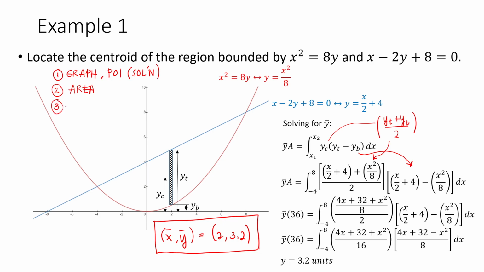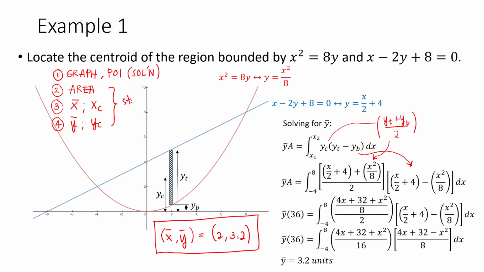And the next is we solve for bar X. Bar X, given that we know how to determine the value of the distance going to the differential area or your vertical strip, di ba? The next is your bar Y. Again, knowing also that we know how to determine the distance of your y centroid going to the differential area. So again, for steps 2 to 3, steps 2 to 4, you're going to use